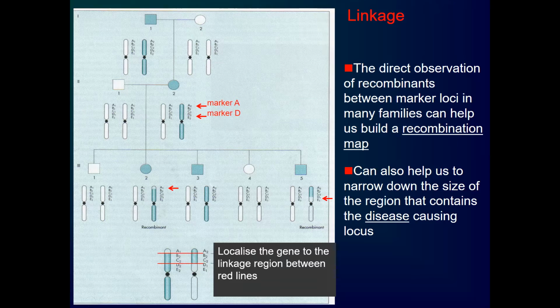Linkage analysis can only identify the significant linkage region. We did say on the first recording that we have 22,000 genes in the genome. So there will be many genes between the red lines. But it's the first step that tells us that we need to look at that specific chromosome, and within that chromosome, we need to look at that specific region. So this is the region that is likely to harbor the gene